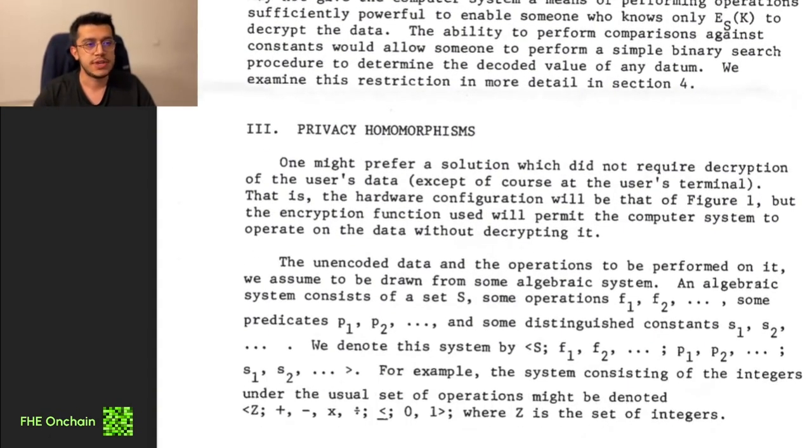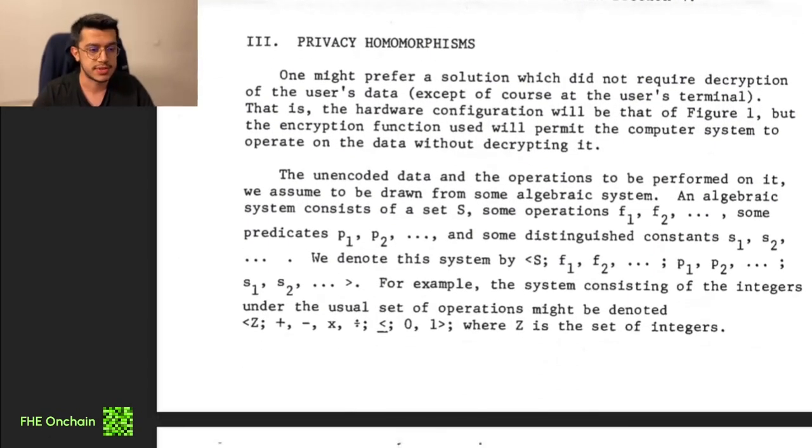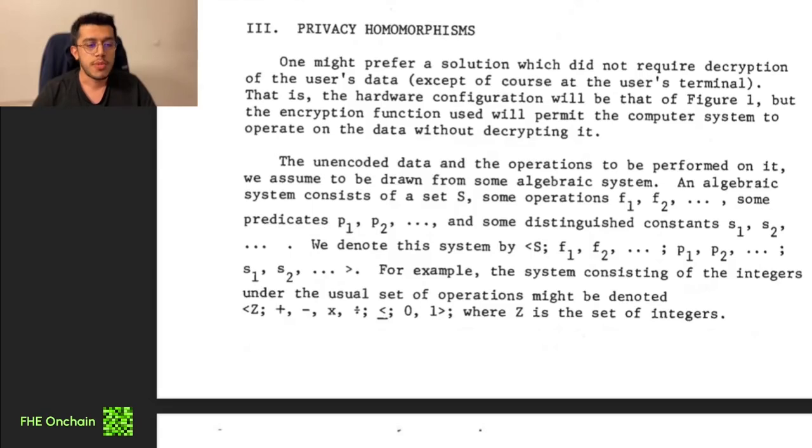So, now here is the main part, the privacy homomorphisms. The concept of homomorphism comes from algebra, and we have homomorphisms in almost every algebraic structure, especially in groups, fields, or rings. They are simply mappings or functions from one algebraic structure to another, but preserving the main structure of the corresponding algebras.